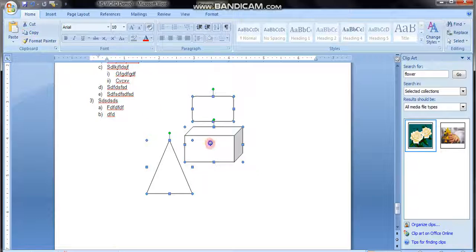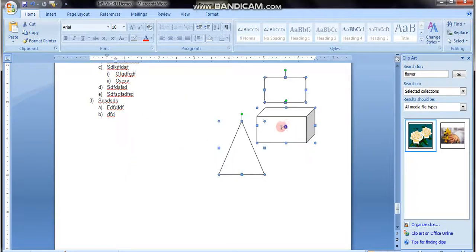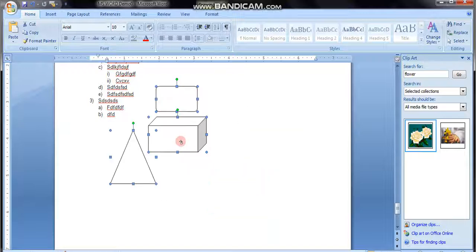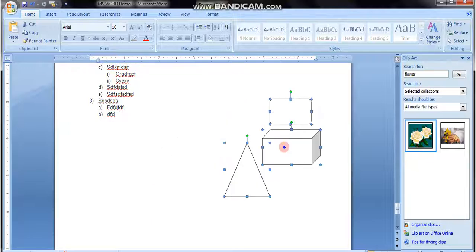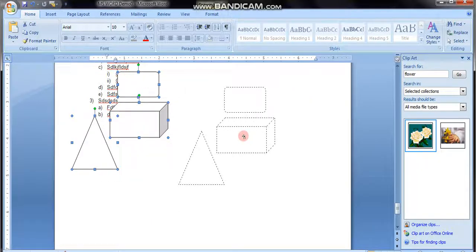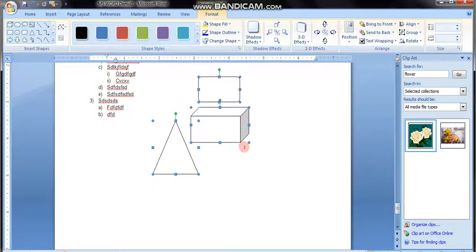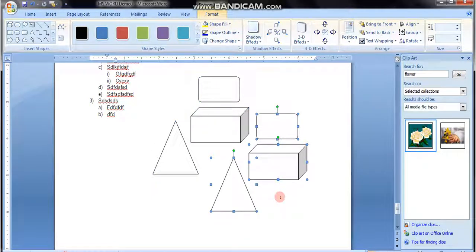Thereafter we can move them to a new place. See, it is moving so nicely, so smoothly. All together they are moving. What I did, holding Control, I am just selecting them. Thereafter I can move them together to other places, or I can copy them as well. How can I copy? Select again, holding Control, thereafter holding Control you drag them. So there will be a duplicate. Holding Control we can select them together, and holding Control you drag them, then it will get copied to a new location.